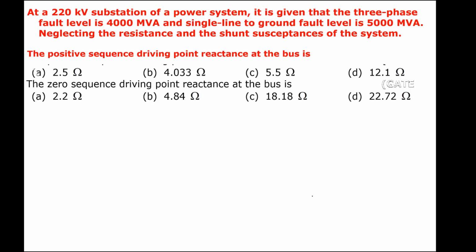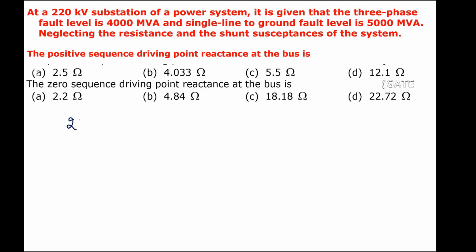At a 220 kV substation of a power system, it is given that the three-phase fault level is 4000 MVA and single line to ground fault level is 5000 MVA. Neglecting the resistance and shunt susceptance of the system, find the positive sequence driving point reactance at the buses and the zero sequence driving point reactance at the buses. So two questions here. This is a linked type question. So what he's telling,